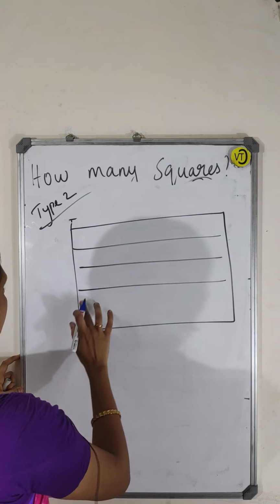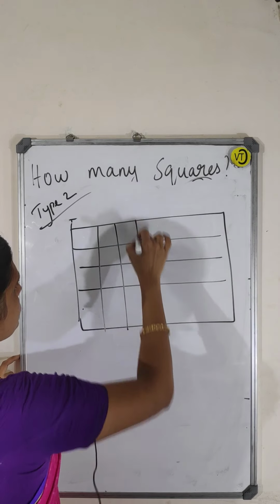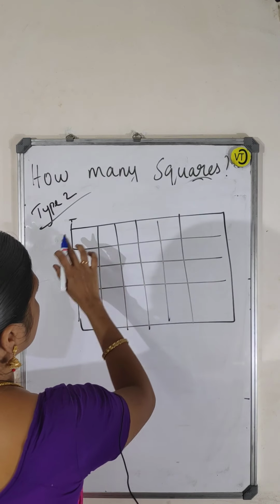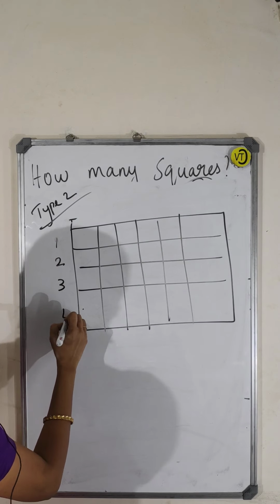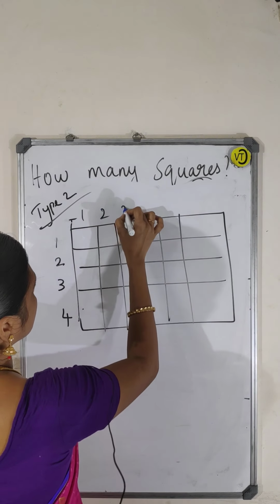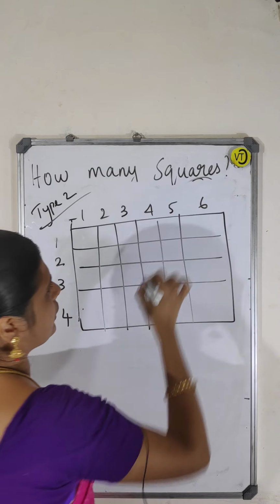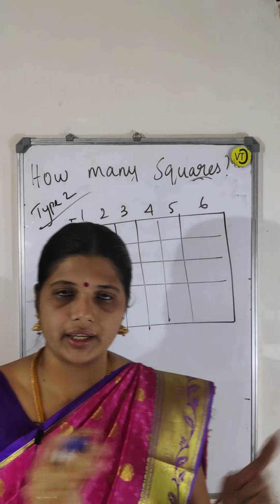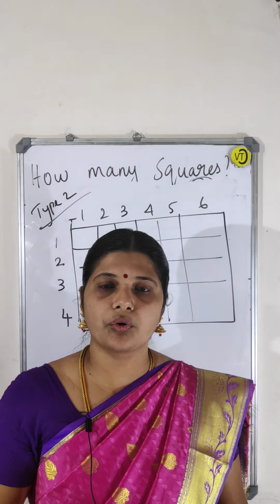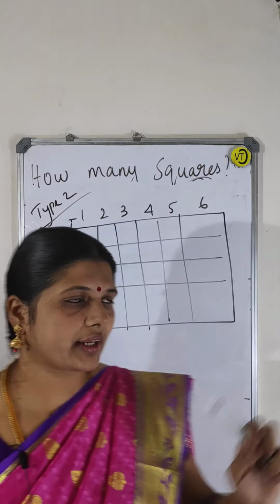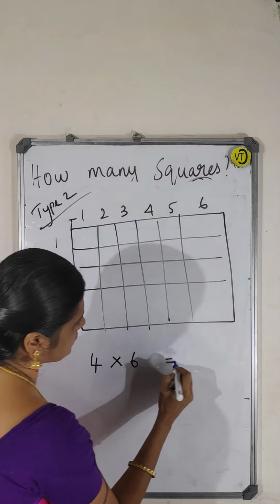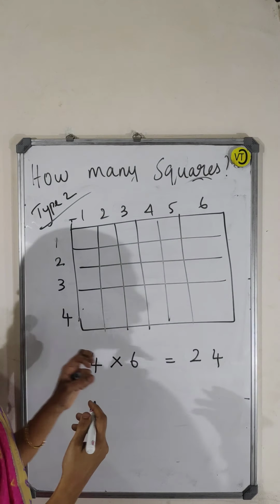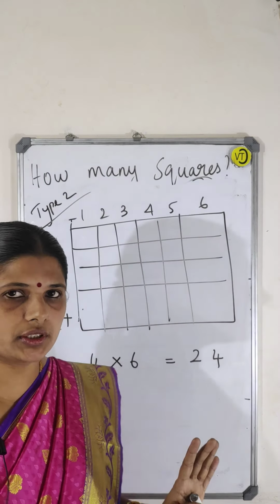One, two, three, four. 1, 2, 3, 4, 5. Okay, here in this, how many rows? 1, 2, 3, 4. How many columns? 1, 2, 3, 4, 5, 6 columns. Exactly, it is the rectangular format. So it is a 4 cross 6. So first of all I can write 4 rows and 6 columns, 24. You can write 6 into 4 also, no issues in this, right?